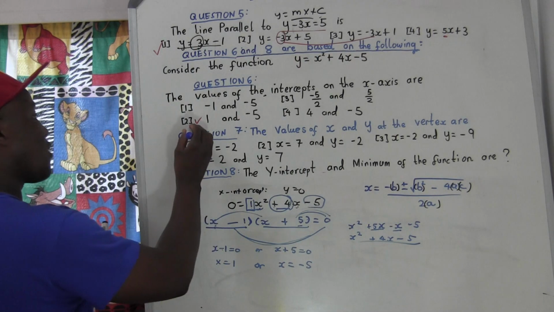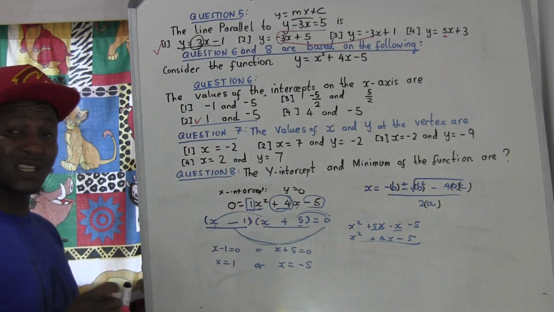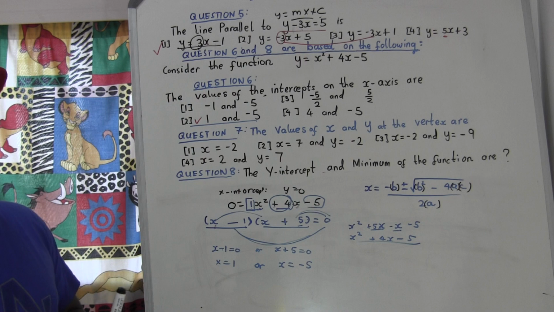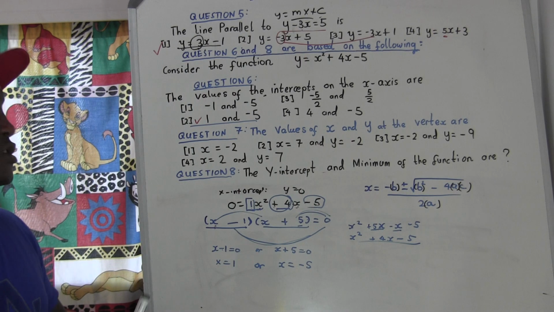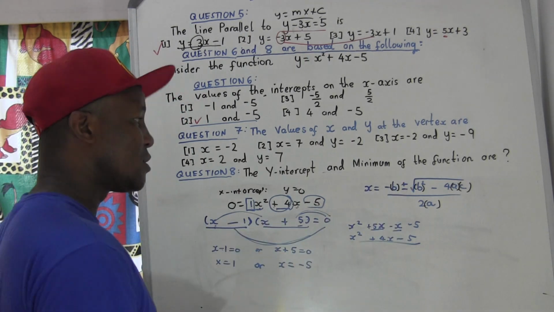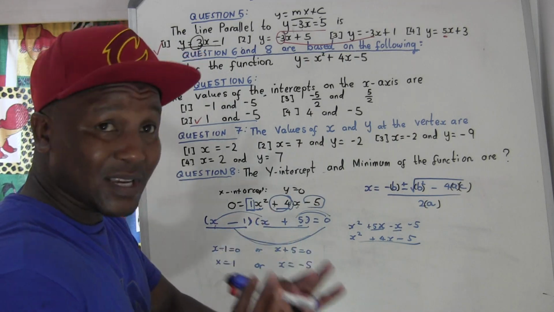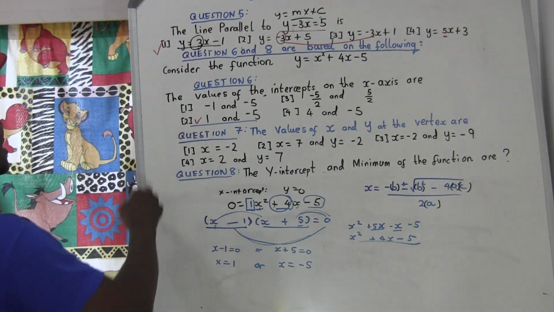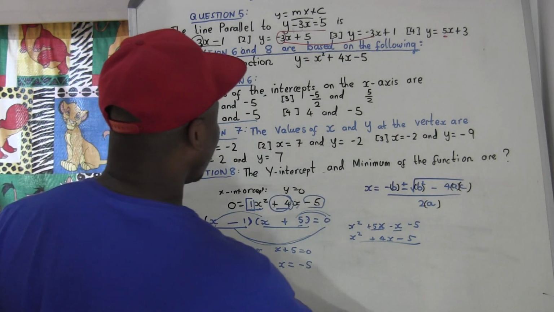So see which one is going to work better for you. But sometimes with factorization, some numbers can be very difficult to factorize, so it can take a lot of time. So if you want to save time, use the formula. You just have to use a calculator, precise. So question number 6 I've done already. Now we go to question number